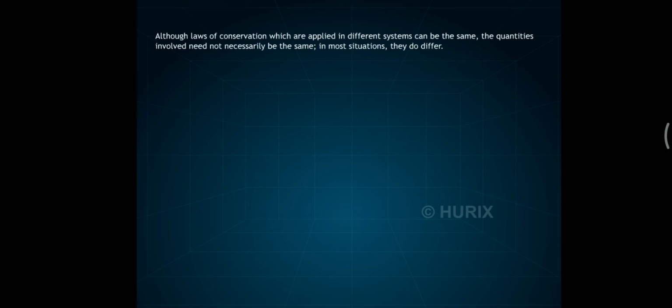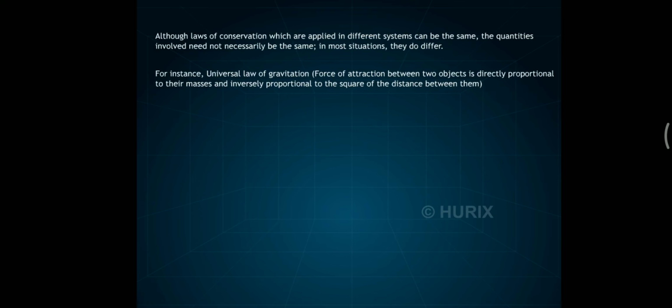Although laws of conservation which are applied in different systems can be the same, the quantities involved need not necessarily be the same. In most situations they do differ. For instance, the universal law of gravitation: the force of attraction between two objects is directly proportional to their masses and inversely proportional to the square of the